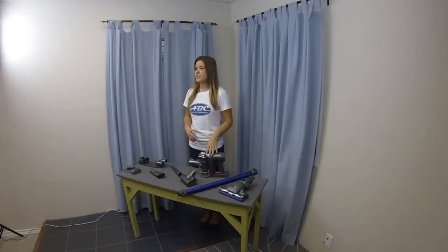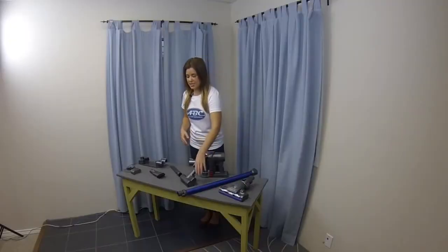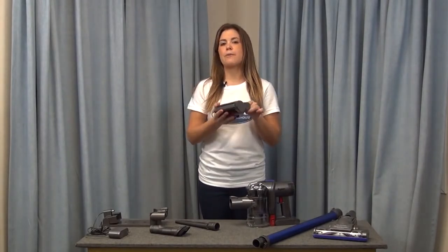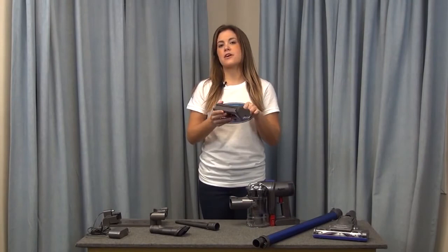Let's go ahead and review the tools that come with the DC44. Like I mentioned earlier, the 35 and the 44 are pretty much the same, except the 44 does come with one additional tool. It's actually the mini motorized floor tool, but don't let the name fool you. I would definitely use this